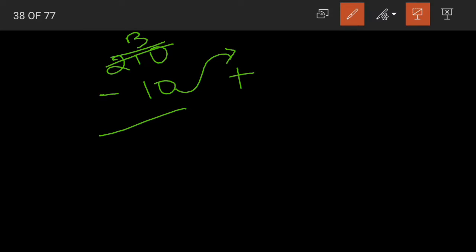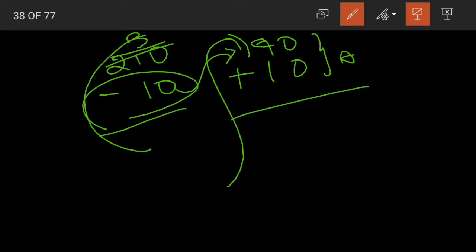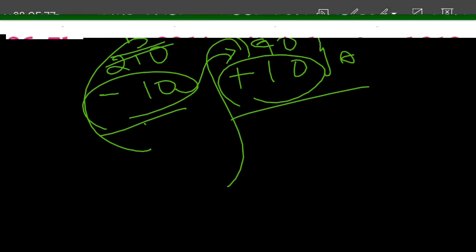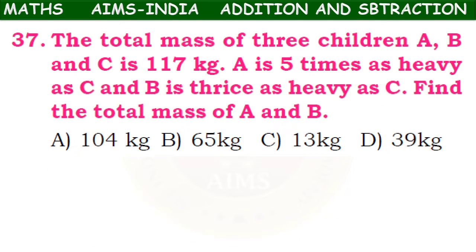See children, in such questions it's very important to both subtract and add. Understand this, okay? It is important that you understand the question. From the given biscuits, we are removing 10. In which? In box B. Now, what are we doing with this 10? We are adding the same 10 to the biscuits in box A. So, we are doing two things here. Removing and adding. Removing from B and adding to A. So, it is important that we subtract and add here. Clear? 100 into 2 is equal to 200. So option A, 10, is our correct answer.